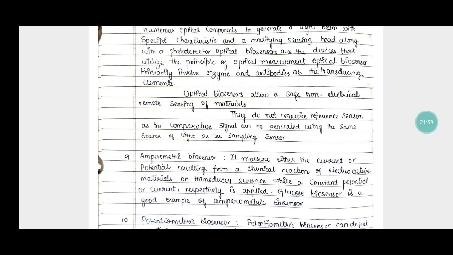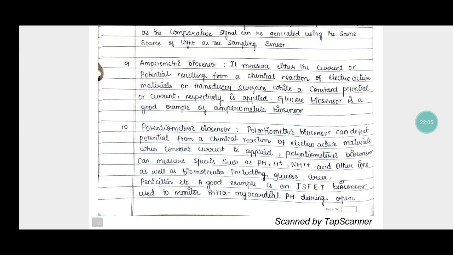It measures either the current or the potential resulting from the chemical reaction. And the 10th one, that is the potentiometric biosensor, which can detect the potential from the chemical reaction or electroactive materials, where when constant current is applied, the potentiometric biosensor can measure species such as pH, hydrogen, nitrogen, and other ions in the penicillin, etc. A good example is the ISFET biosensor, which was used to monitor the extramyocardial pH during an